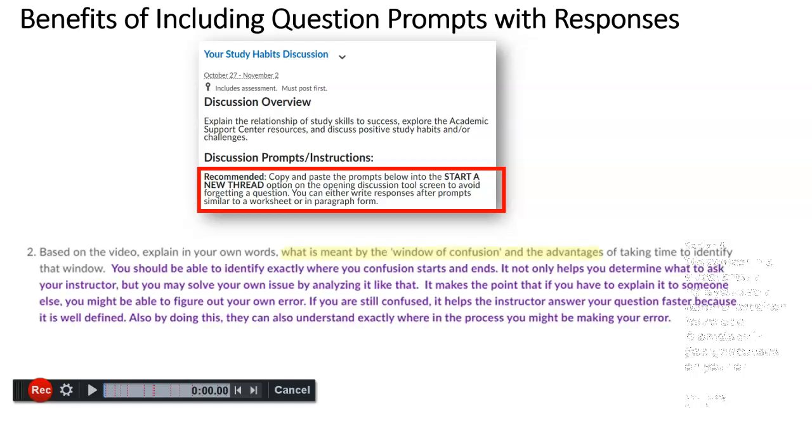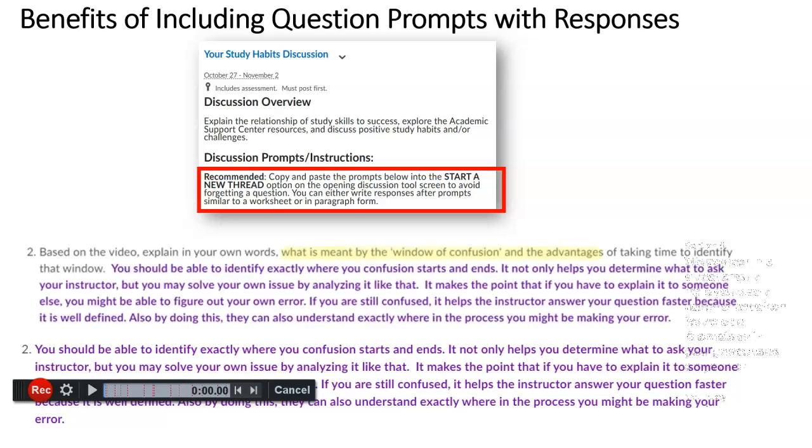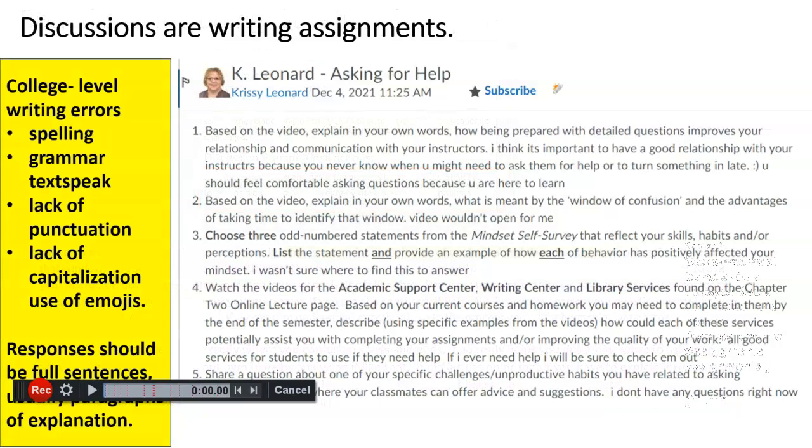In this example, you see the prompt and an answer. In the second example, the prompt is not included and is a bit more difficult to follow with no context cue. If you choose paragraph form, it helps to include detail from the question. In this example, in the video, the window of confusion refers to, or the advantages include. On a side note, many students find it helpful for them and their readers to differentiate the question from the answer by either using bold or high contrast color. Avoid light colors that don't stand out against the white background. Red, dark blue, purple, or simply bold stand out best. Take a moment to look at question 1 and its answer.